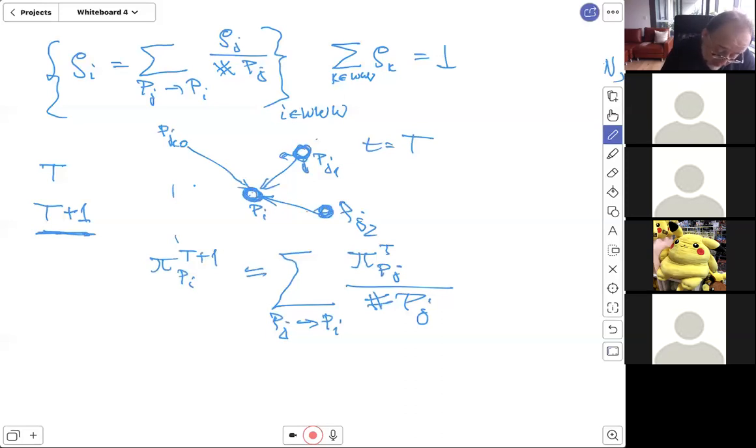So if the probability that you are at PJ1 is pi PJ, then the total probability to also take the right link will be